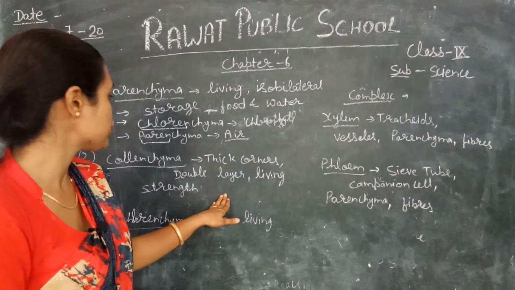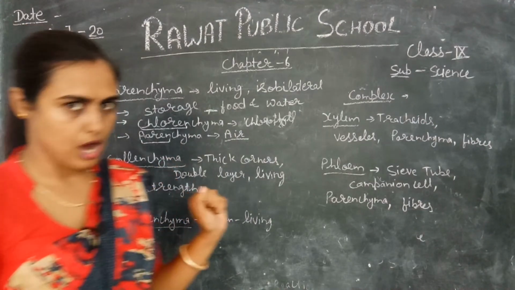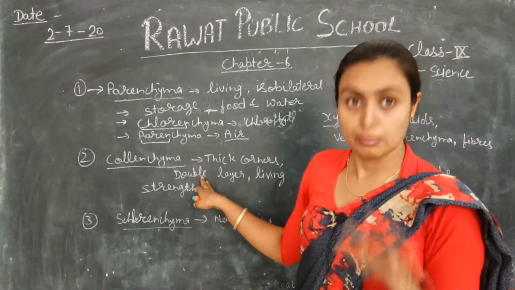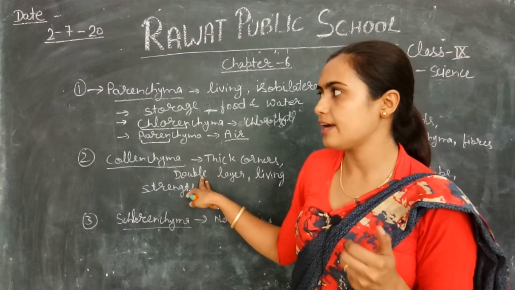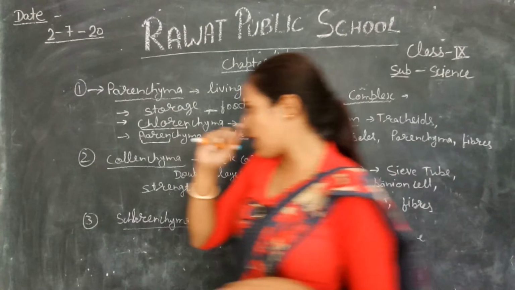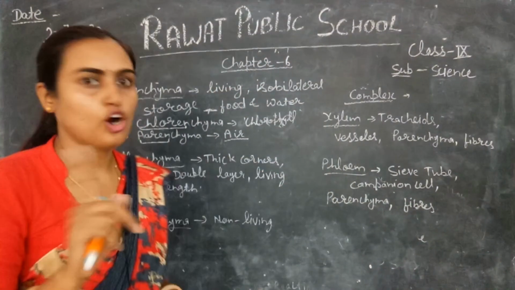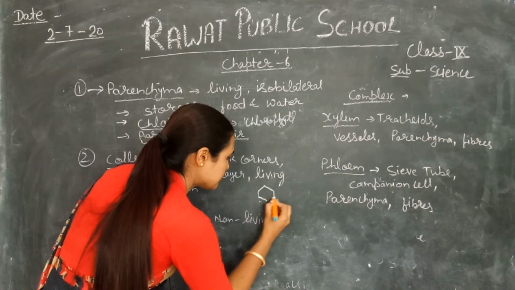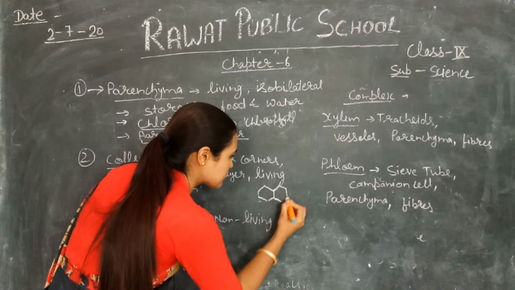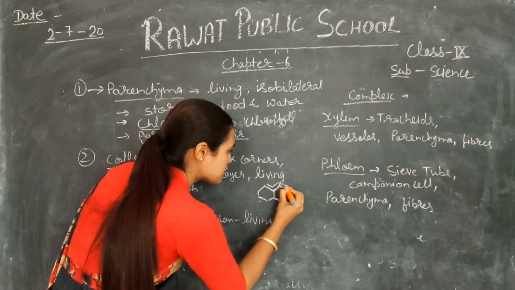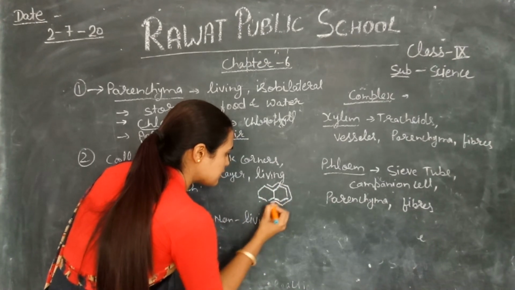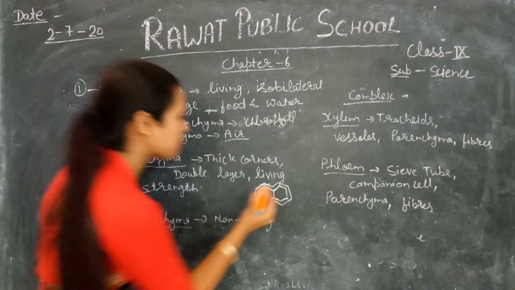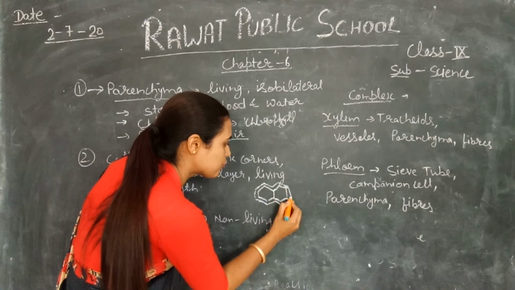Now we proceed to the collenchyma. Collenchyma cells are generally thick in nature, right? Thick or double membrane in nature. Their cells are thick, and they are also living but not completely. The structure of collenchyma cells is this kind, you can see. This is the structure of the collenchyma, but their corners are thick.